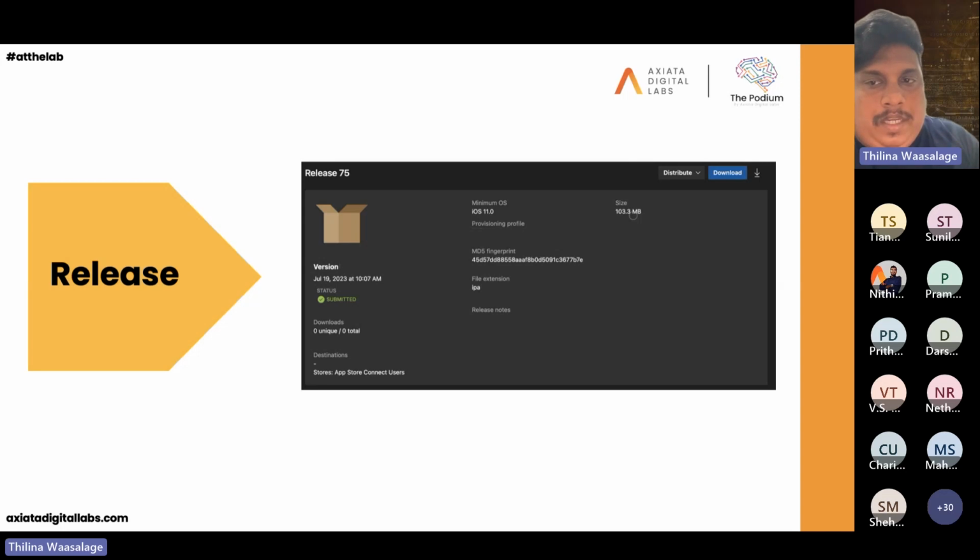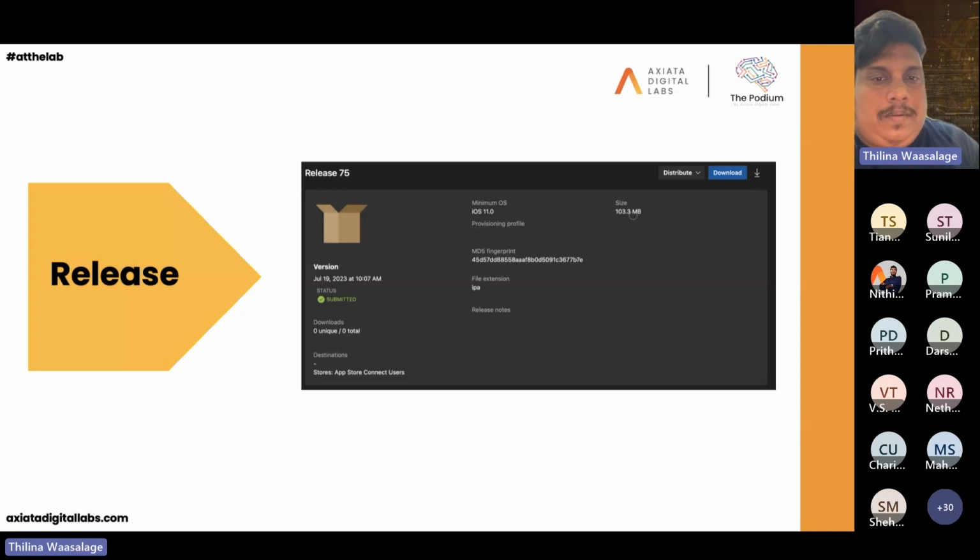So if you want, again, you can manually download this one, or you can distribute the same release again to, let's say, another group if you want. So those specific things you can do here. And about the release notes, normally the release note is taken from the version control, what you type when you merge. So these are the things we take in the release note, or when you are manually distributing, you can define